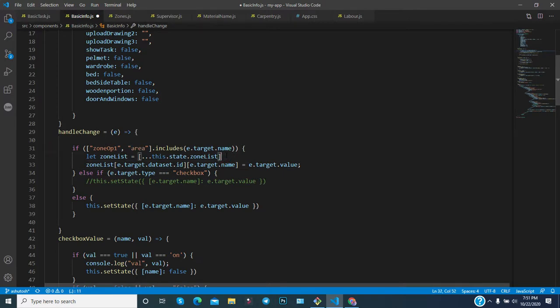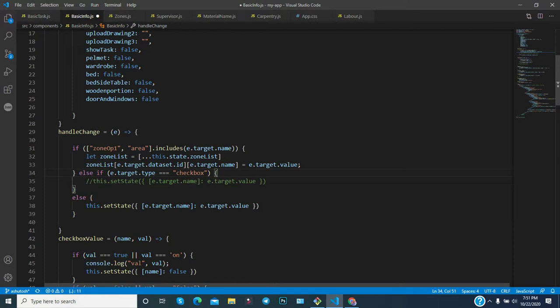Is zone op available or not, is area available or not? If it is true, the condition is satisfied. If any name is area or zone op1, then you will enter this particular condition. Otherwise the next condition will happen.